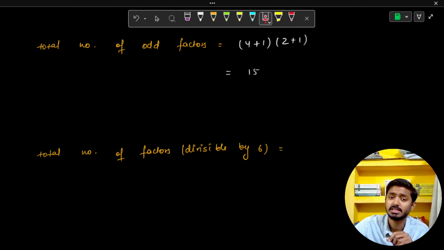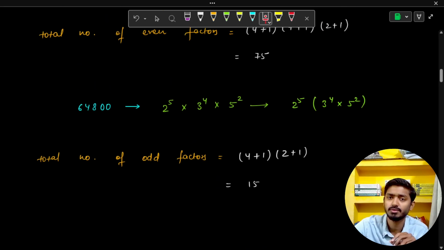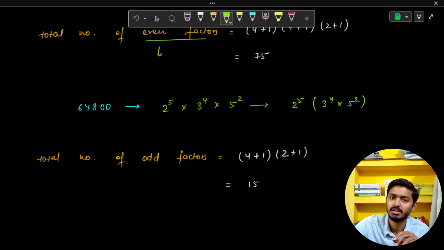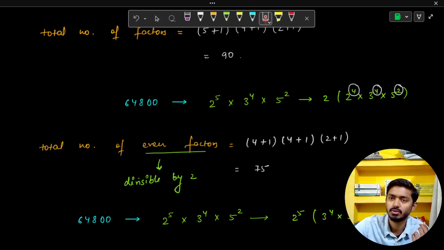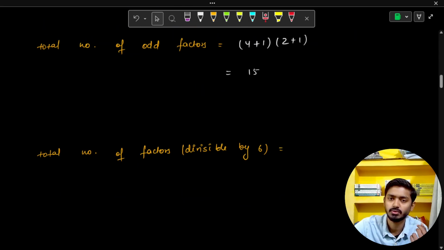Now, what if instead they would have asked us to find the total number of factors divisible by 6? Actually, we have learned this. If you observe, what do we mean by the total number of even factors? This simply means that we are finding the total number of factors which are divisible by 2. Right? Even means divisible by 2. And in this case, what we did was we took a 2 out of our entire equation and solved it. Similarly, we are in this case going to